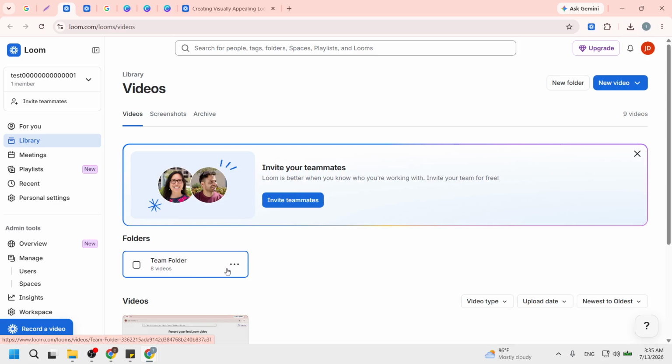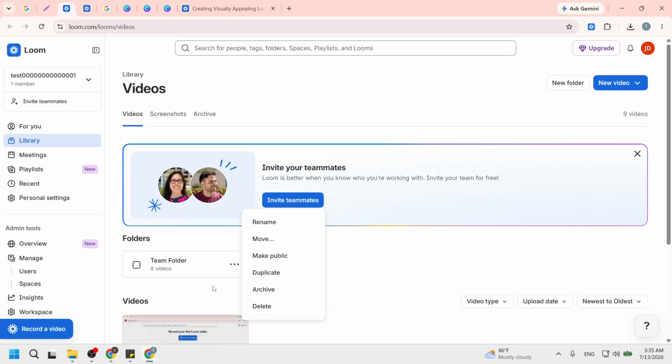After that, click the three dots icon on the folder card or open the folder and click Share at the top right. The three dots icon represents more options available for that folder. When you click it, a menu will appear. Alternatively, if you have opened the folder, look for the Share button located at the top right corner. This action is important because it leads you to the sharing options where you can adjust the visibility settings.